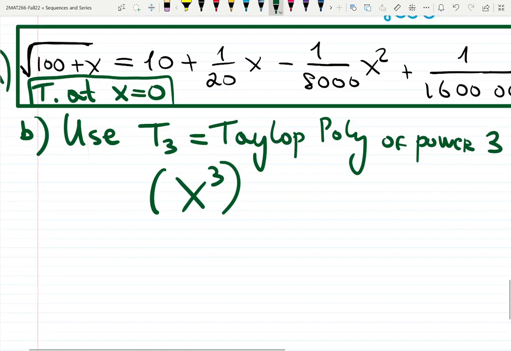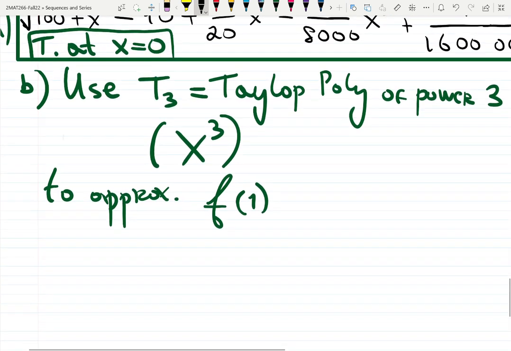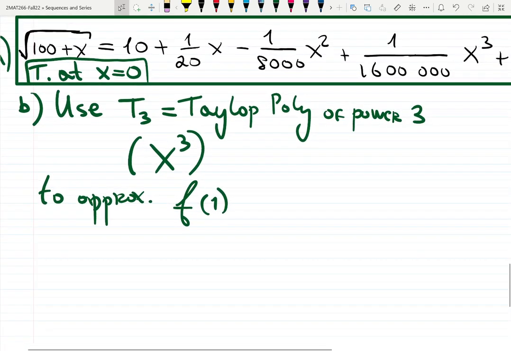So to approximate f at 1. Or to find a maximum, how do you find a maximum? First, second derivative test. To find a minimum, is it concave up? Is it concave down? Where's the point of inflection? I don't want to deal with a square root. I would rather deal with a nice polynomial cube function. So this cut that we're going to call T sub 3